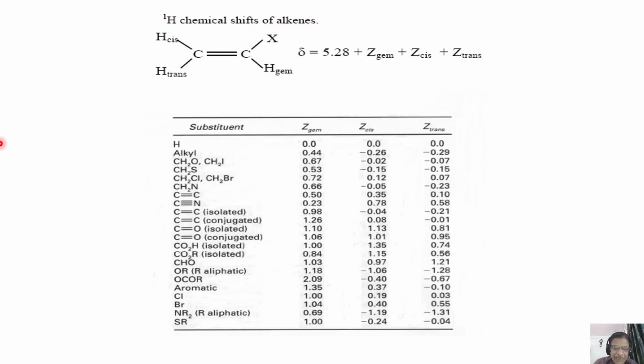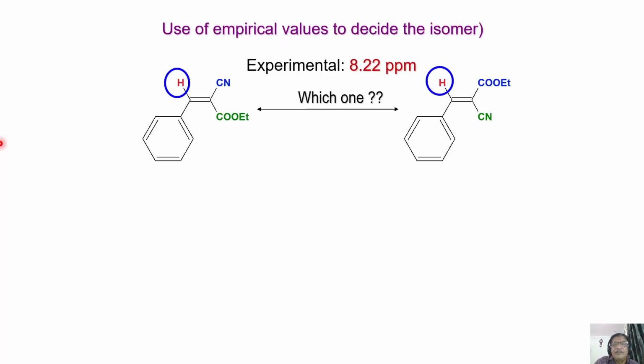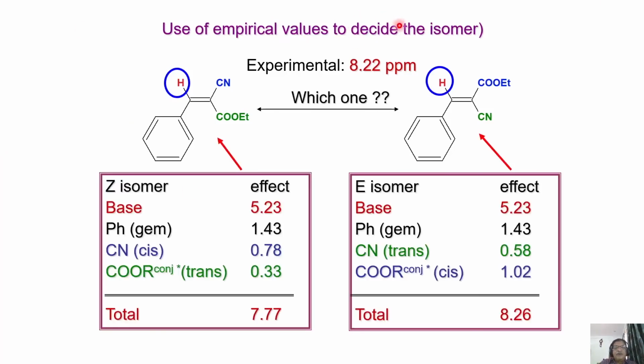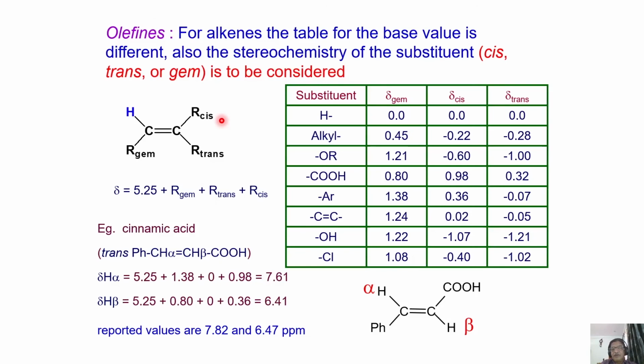This is the basic idea I want to tell you about the Shoolery rule to predict chemical shifts. Of course, if I have to discuss this, the time is not enough. I need at least another half an hour to 1 hour to give more examples and slowly calculate and show what we can do. Of course, right now I have lots of examples to discuss, and one of the important applications of the rule: in a molecule like this, I told you in the ethylene molecule, depending upon the substitution you can calibrate the chemical shift, which is what I showed just now in the example here. You can find out the substitution and calculate.